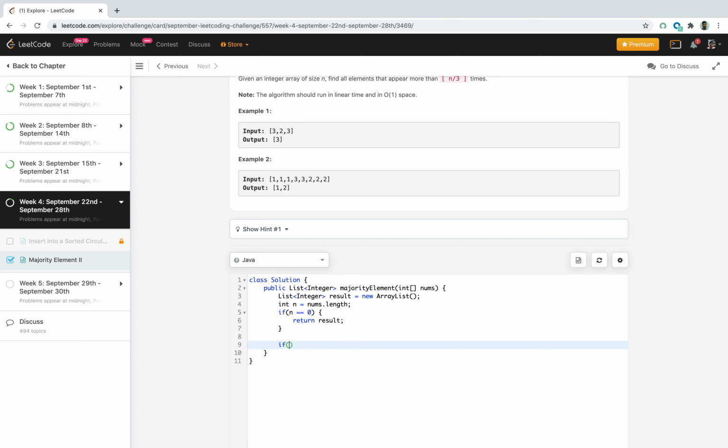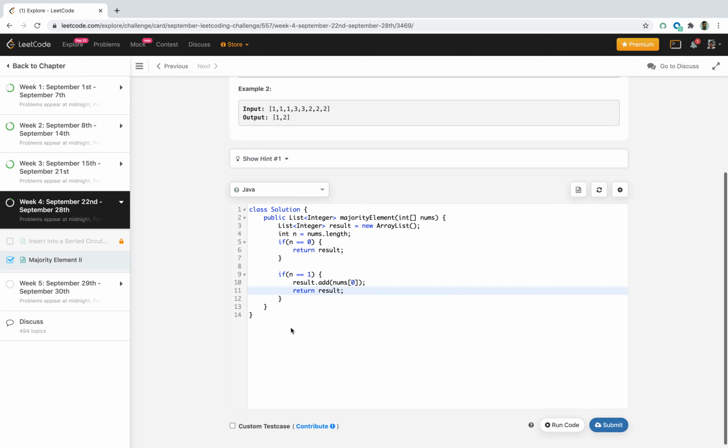If we have only a single element, then that is our majority element, so we'll add that number to the list and return the result. Now if our input size is 2, we will check whether both are the same or not.